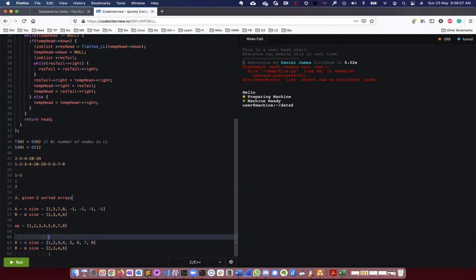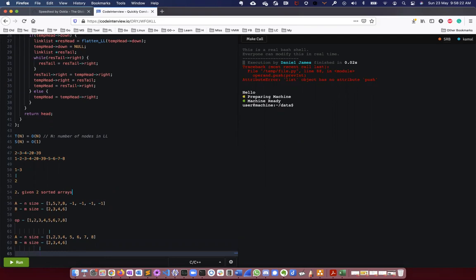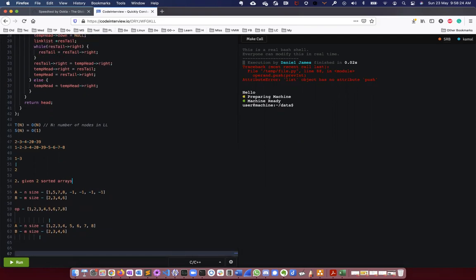Because the 1 is last, this will be removed and become 0. So this way I'll do in place sorting without taking extra space for merging both array A and array B.